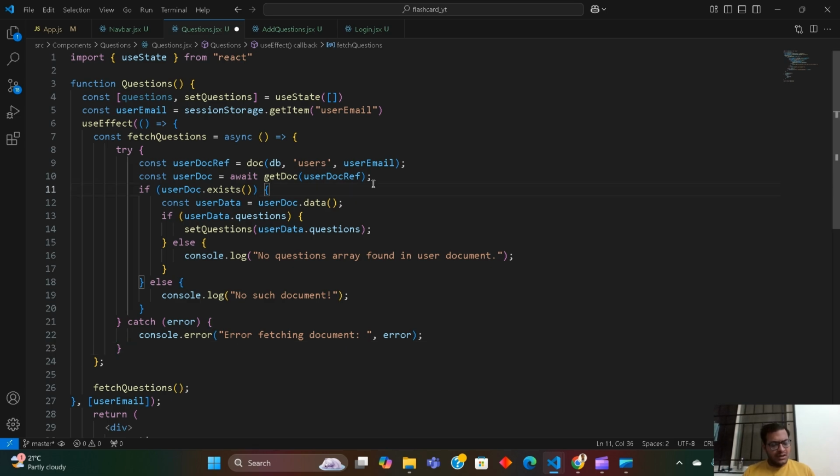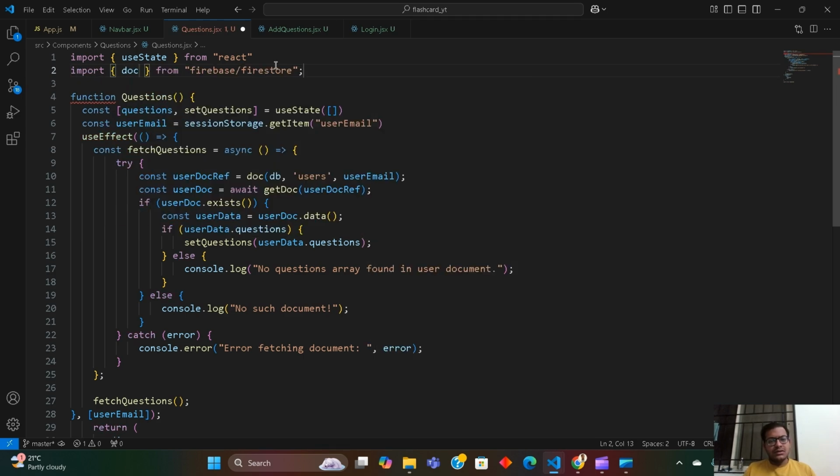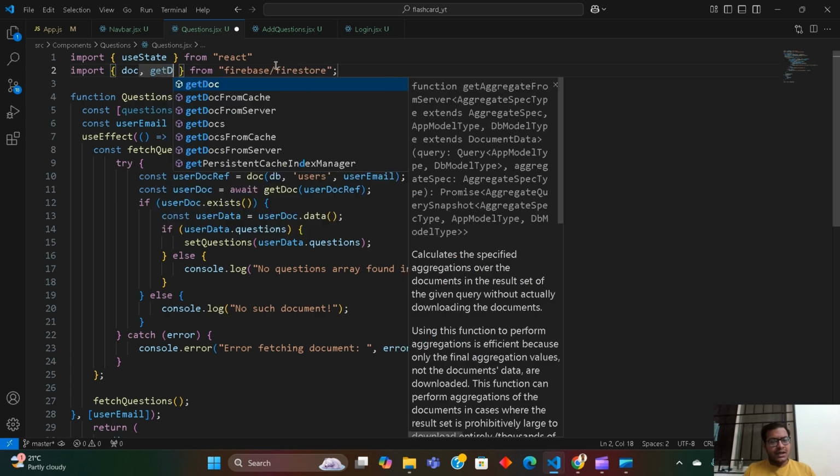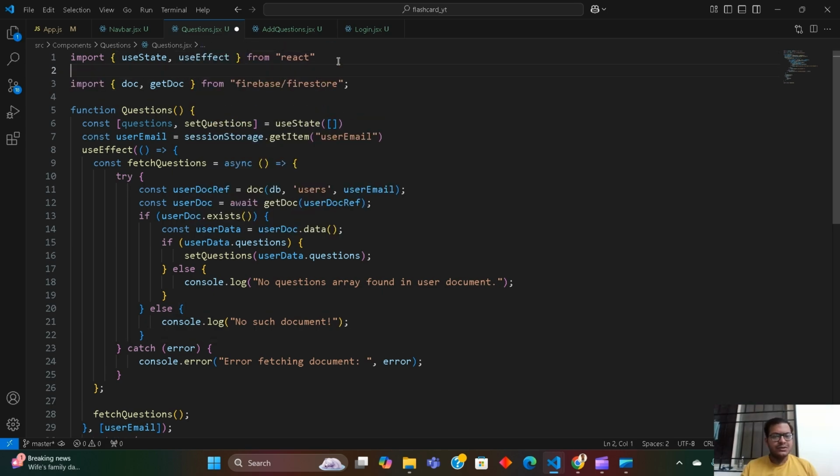So we have to first save it, and then we have to import a lot of things. Import doc, then get doc, not get doc, then we need doc, get doc. Yeah, we also need the use effect function, and we need to import the db. So import db from our Firebase file, save it,